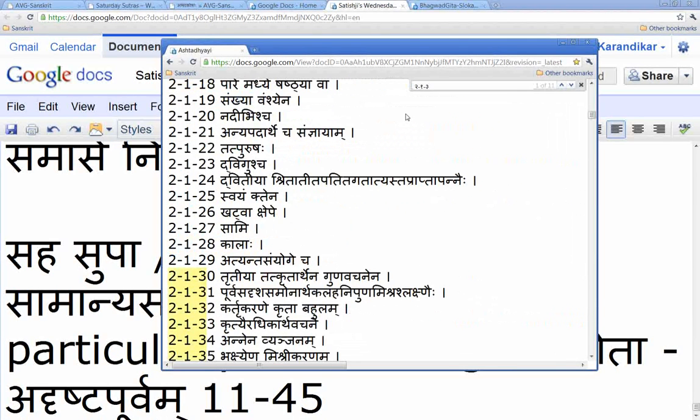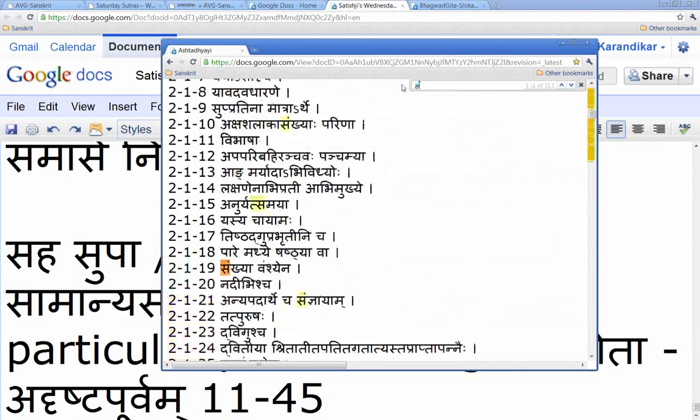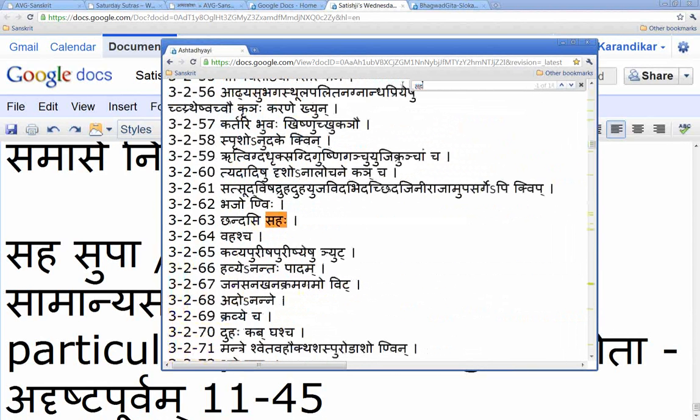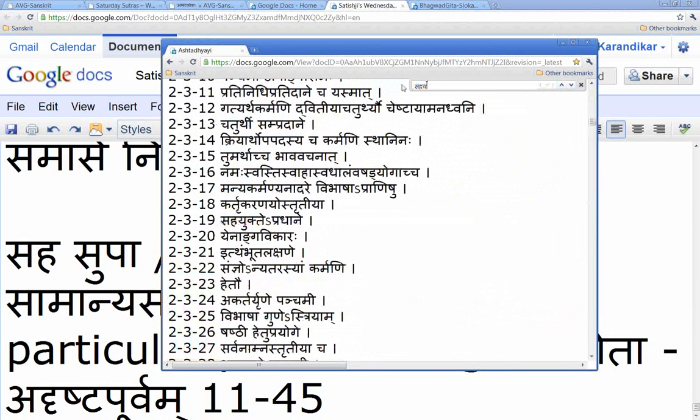Because I think if you look at the sutram, it is Sahayukte Pradhane. This is Panini Sutram Sahayukte Pradhane. So that sutram is very basic. This is not the topic for today, but that is a Tritiya Vidhanam. As I mentioned to you many times, when you want to do any Vidhanam for any Vibhakti, you have to come to 2.3. And 2.3.19 is the one which tells us that Tritiya has to be used when it says Saha. So Putrena Saha Pita Agachati. That means you have to use the word Saha.